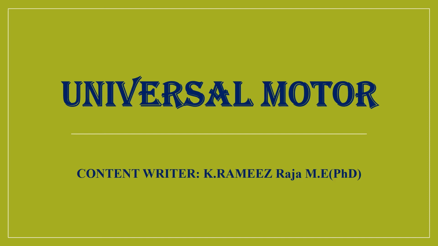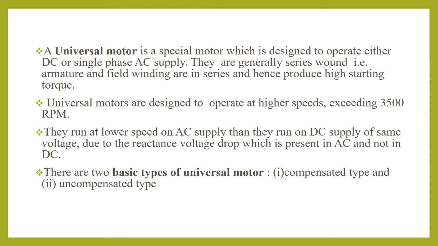This universal motor is a special motor designed to operate both on AC as well as DC. What is a normal motor's function? A normal motor converts an electrical input into mechanical output. That is, electrical energy is converted into mechanical energy. Normally, in any machine, two major parts are very important: one is a stationary part and one is a moving part. In DC, they call the stationary part the field and the rotating part the armature. That is, a conductor rotates in between the North Pole and South Pole.